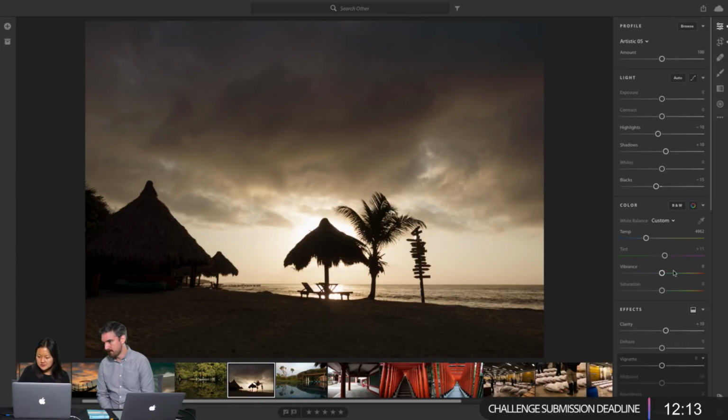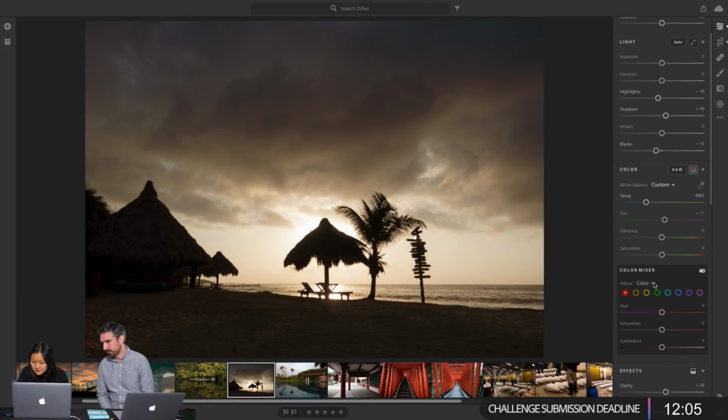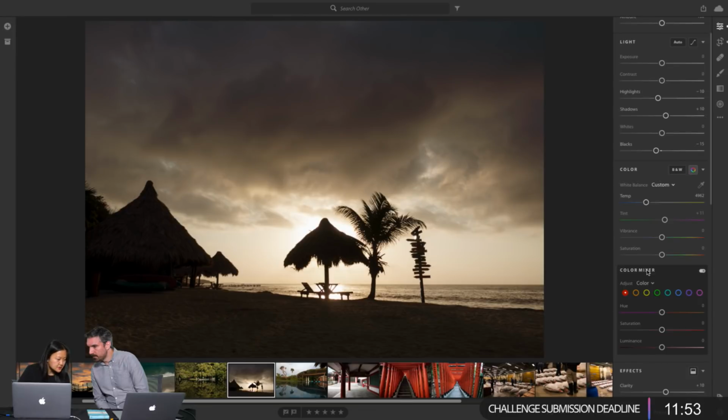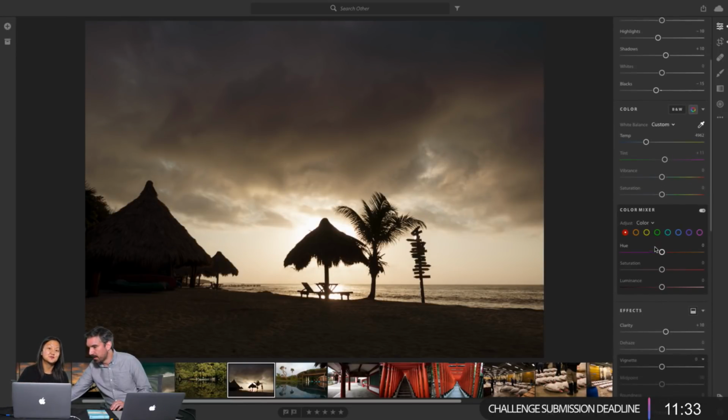So what I might do at this point is go into the color mixer. Where's my targeted adjustment tool? Where's the tool where I can slide? There is this that will let you select the tone, color balance. I want the one that you were showing us on your mobile. It's on mobile. It's not on desktop yet. That's why I always do it on mobile.